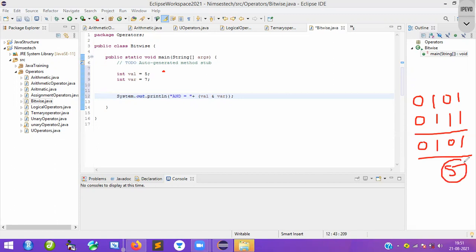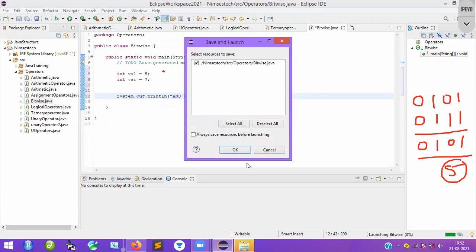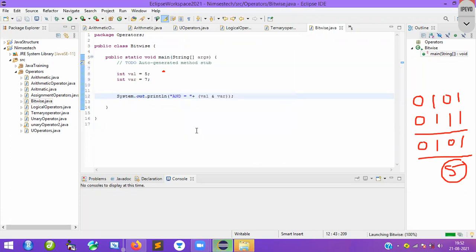Clear? Yes or not? Clear, everyone? Are you clear with this concept? Let me know. Are you clear with this concept, everyone? Fiza? Yeah. Yes. I know. So let me run now and you will understand. So rest of the things is very easy. Okay. Got it, guys? That's it, guys.